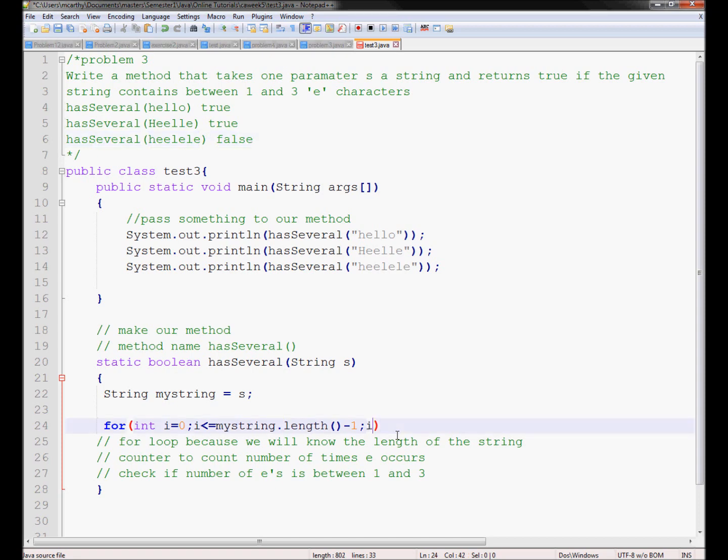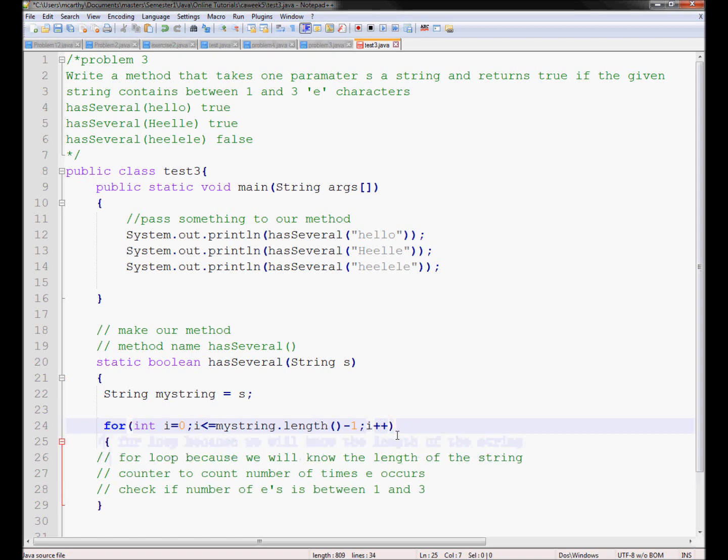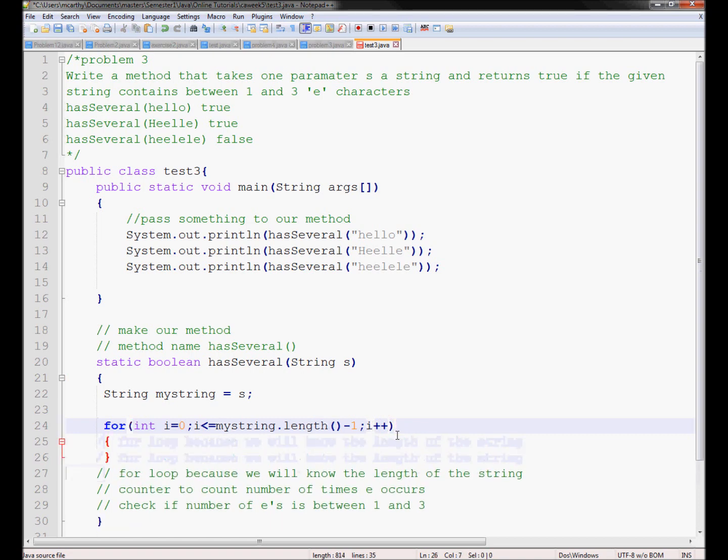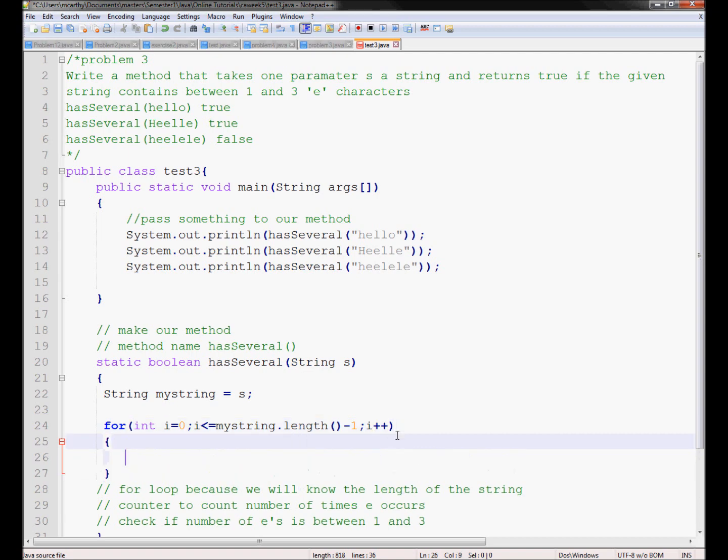So now we're just going to say i++, so it'll automatically increment i every time it iterates the loop. And in here we're going to put our statements. Now, what do we need to do first? Well, we need to get the substring. So we're going to say string, and to get the substring we're just going to select the first character. We could use charAt or indexOf, but we're going to do substring here because I think substring is the easiest one. So we're going to say my sub